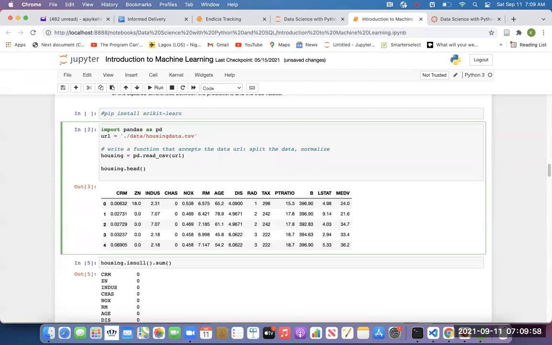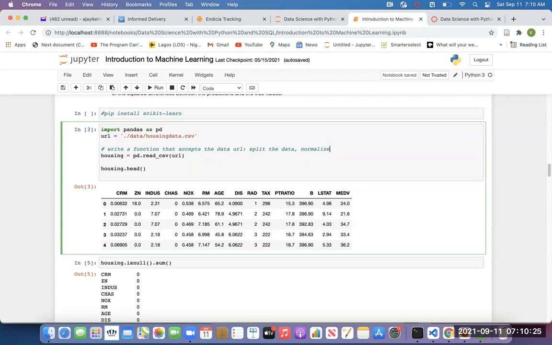Yes, sir. Instead of doing it one by one, you can actually do it one by one, but I want you to develop a habit of writing functions for your data. You can start out by doing it one by one, but when you want to put your project together before you submit it to the management, if you are working in industry, you need to put them inside a function. That will even tidy it.